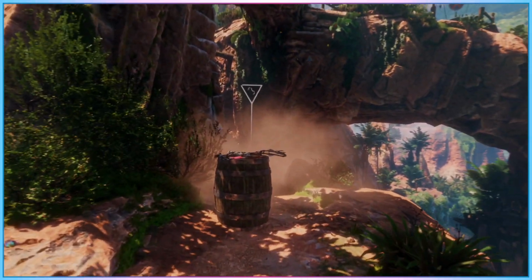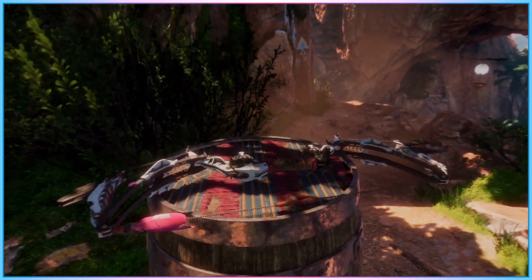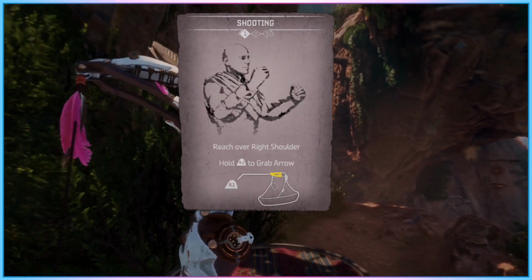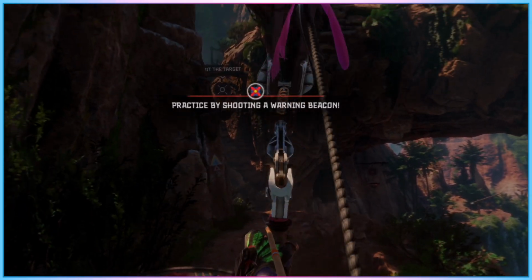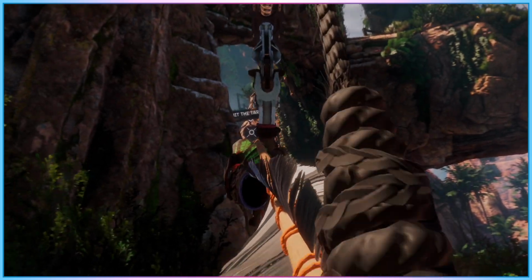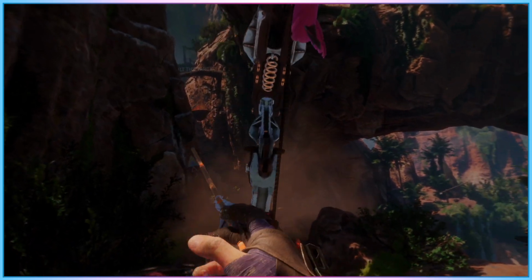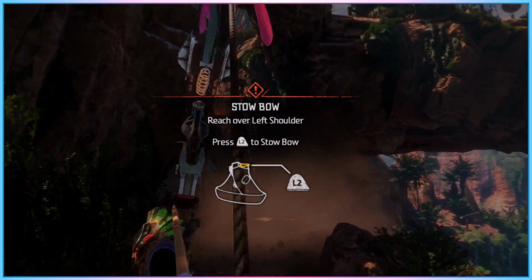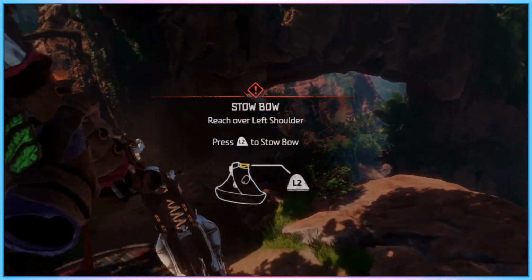For a little bit of an overview, Horizon Call of the Mountain is set in a mountainous region of the same world explored in the Horizon open world adventure games. Rather than itself being an open world affair, the game's lengthy but linear adventure sees the player climbing up mountains, using their hands to grip onto handholds, fighting enemies with weapons such as a bow and arrow, and collecting supplies